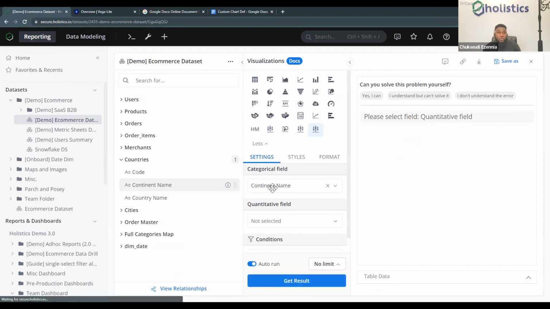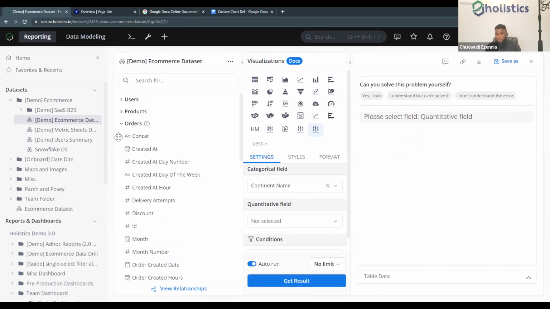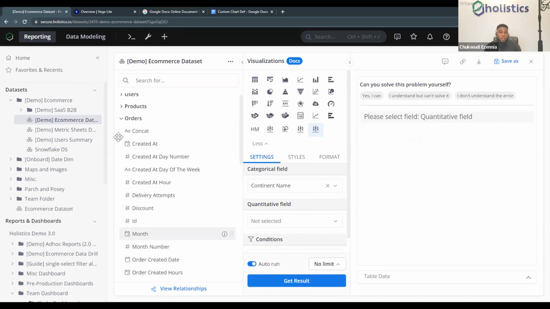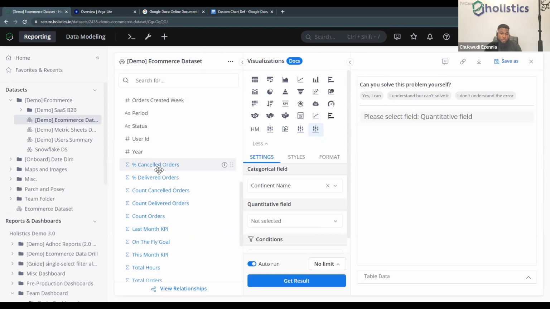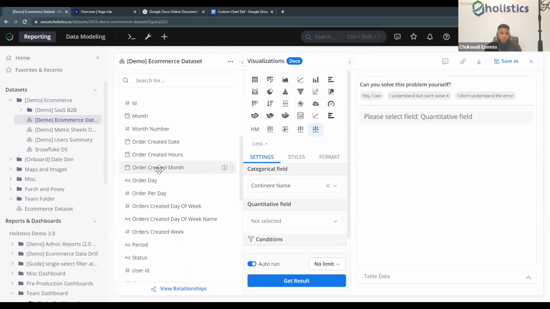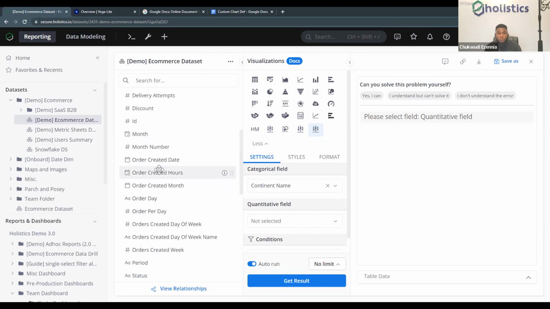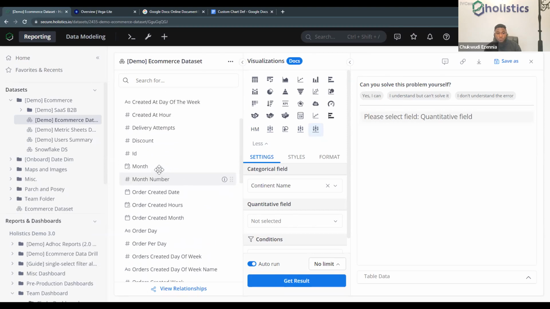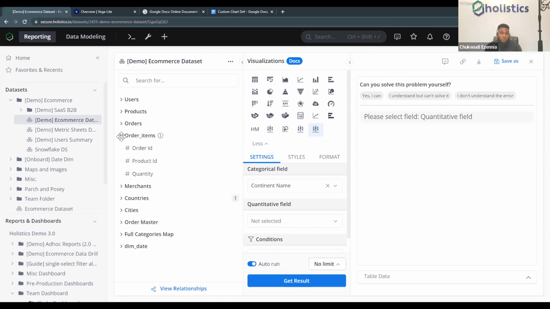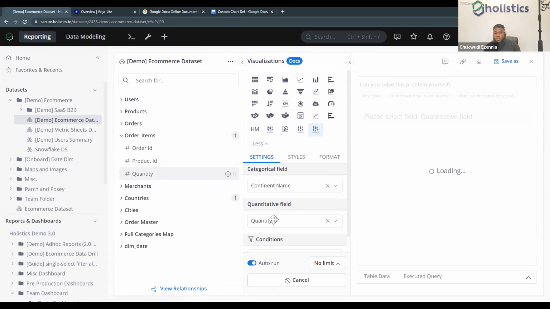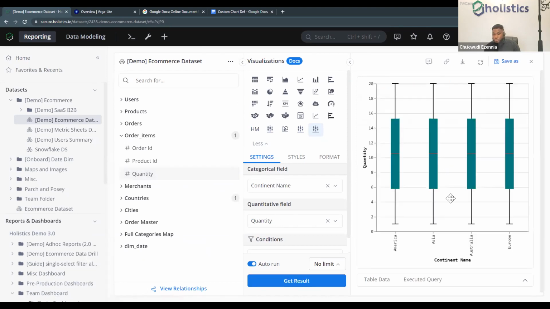And then I go into the orders model and I pass in which of these fields I want to work with. That's a dimension. All right, so probably the order quantities, right? So I pass in the quantity here. And I see that this chart gets automatically built in for me.